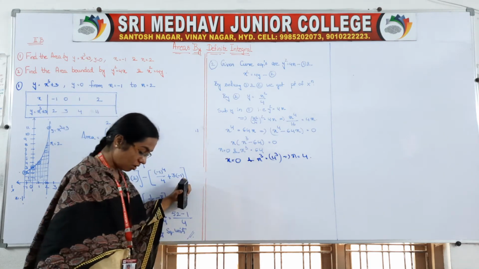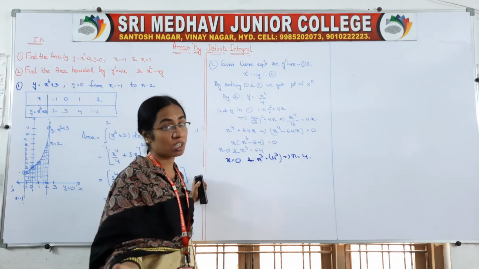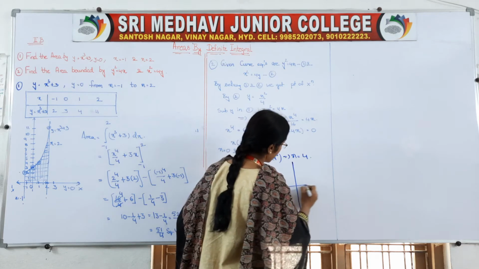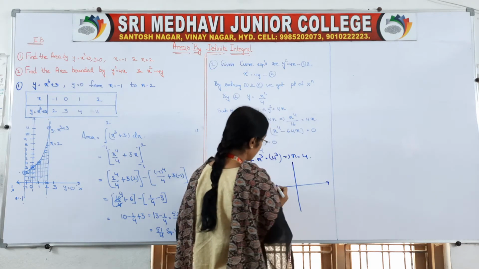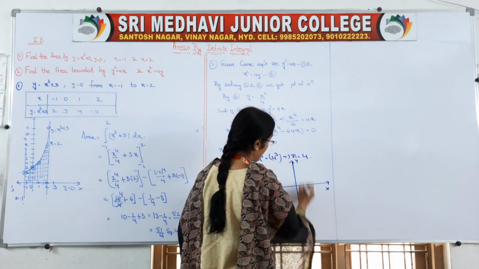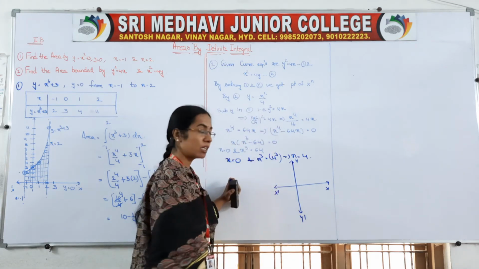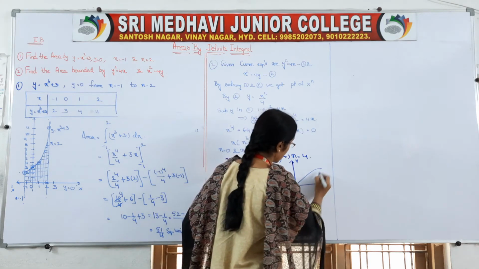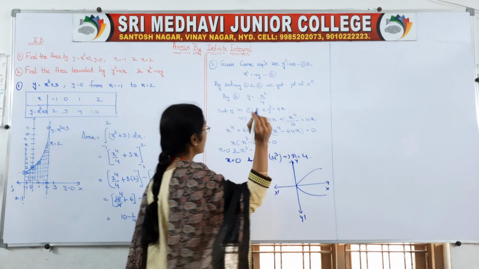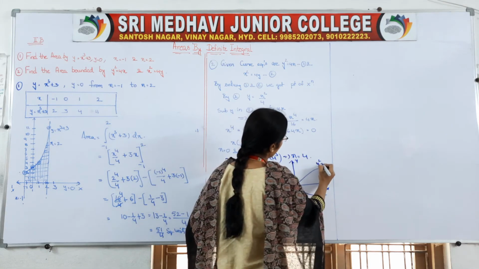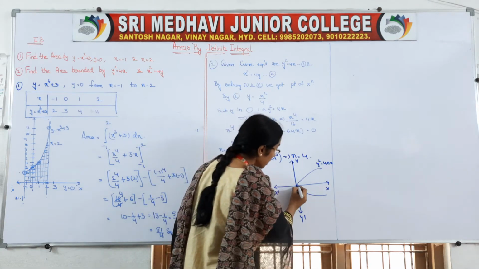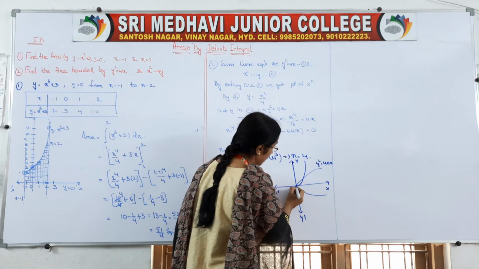We got it. Now we have to decide which curve comes upwards and which curve comes downwards. For that, if you observe, this is your x dash and this is your y dash. Okay, so one parabola curve will be like this. So what is this equation? This equation is y square is equal to 4ax. So the other equation is like this.